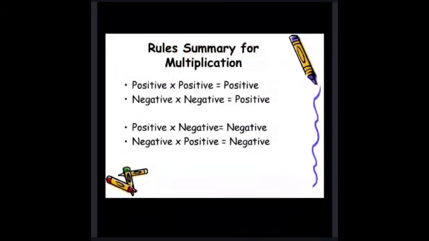That is, positive into positive will give you a positive answer. Negative into negative will give you a positive answer. Positive into negative will give you a negative answer. And negative and positive integers, when multiplied, will give you a negative answer. In short, when same sign integers are multiplied, you get a positive integer. And if different sign integers are multiplied, you get a negative integer.